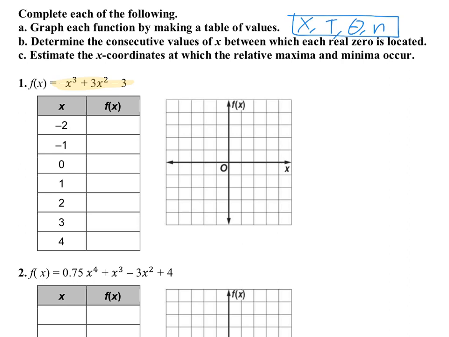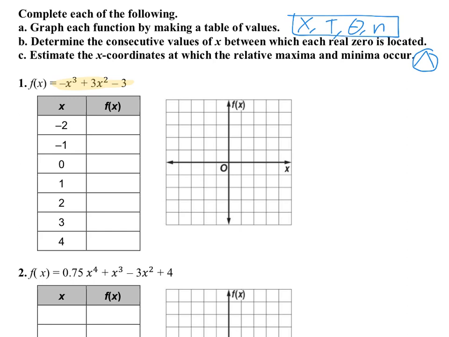So negative x, and then this button is for the exponent. And then to get out of the exponent, push the right arrow. And then for the squared exponent, you could type this button, or there's also a squared button. It is close to the 7, just a little bit up and to the left of the 7. Okay, so anyways, you're gonna enter